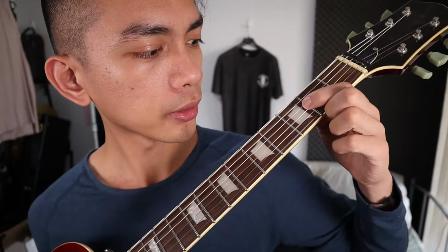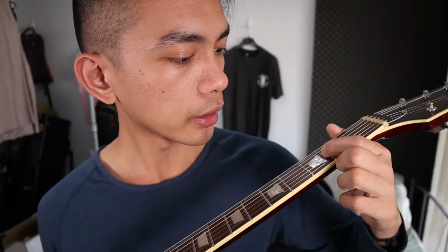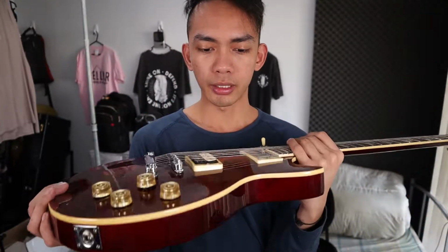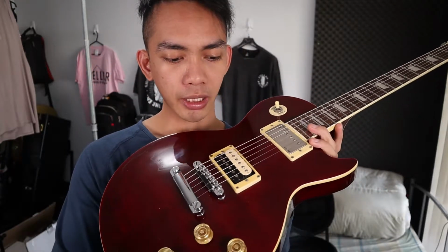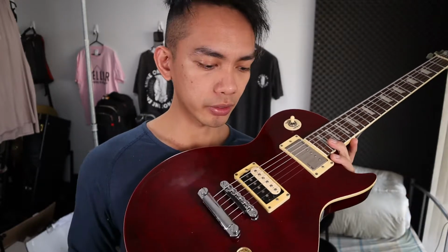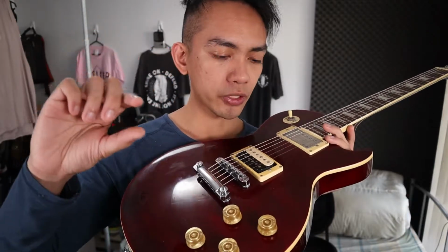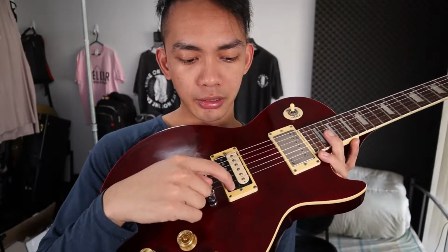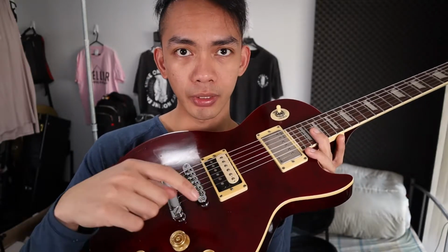So for a budget guitar, it has these nice mother of pearl trapezoid inlays, which I dig. And this guitar actually has a legitimate maple cap, right? A maple cap with a flame maple veneer. So know the difference: there's a thick maple cap. I've checked this underneath when I took out this pickup. This is a different aftermarket pickup